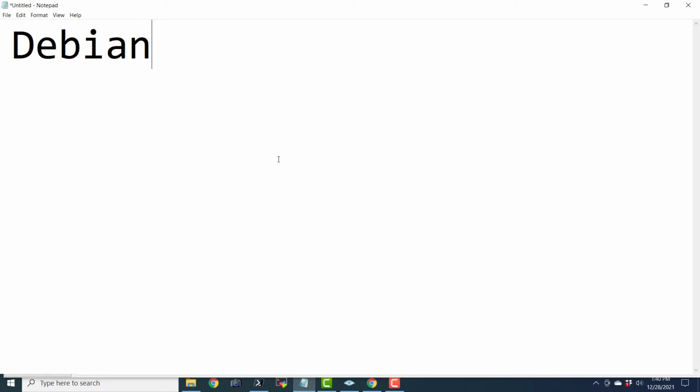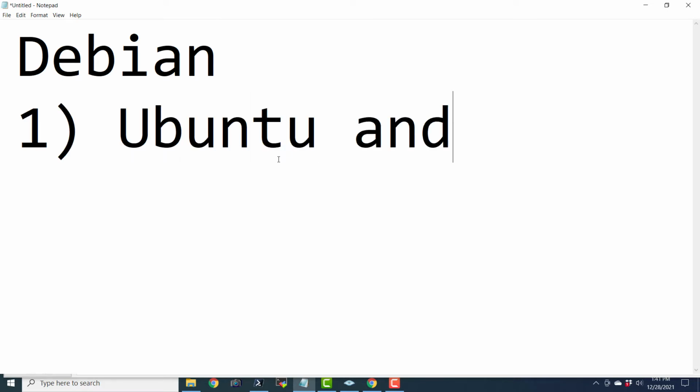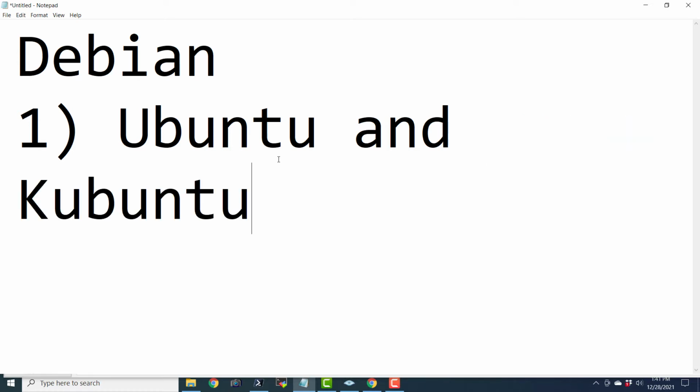It is a very popular distribution and it is the source distribution for other distributions as well. So the popular derivatives of Debian include Ubuntu and its cousins like Kubuntu, and others.